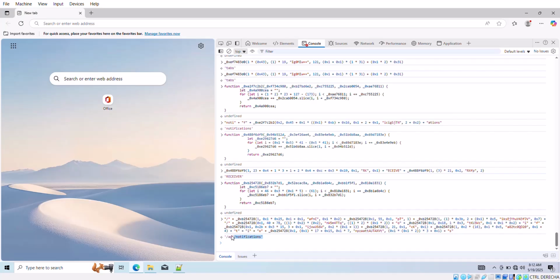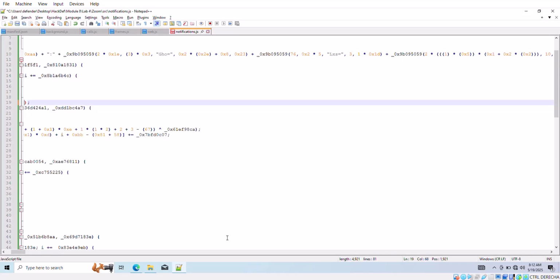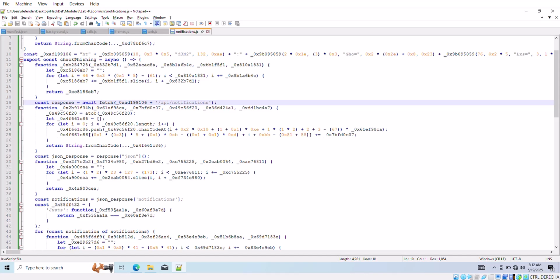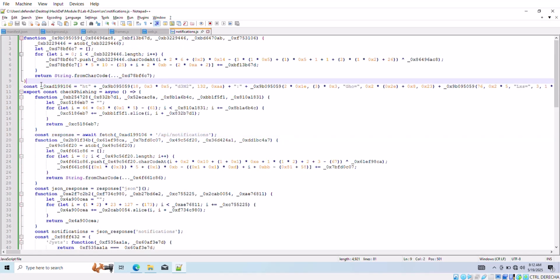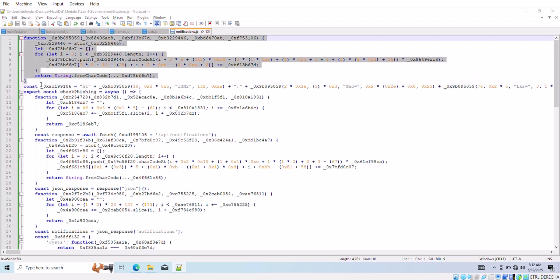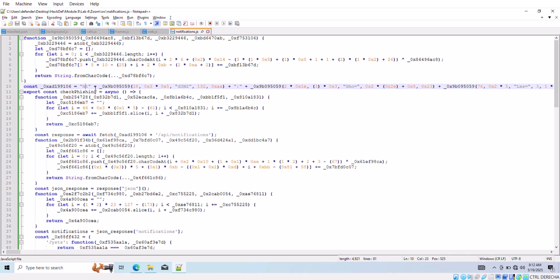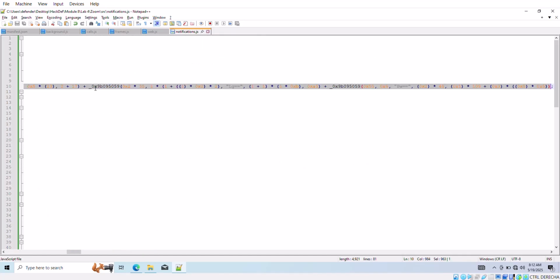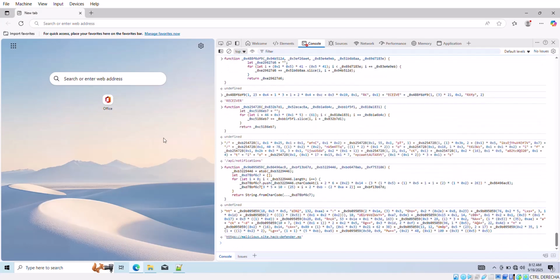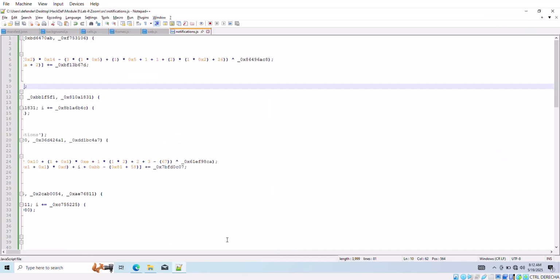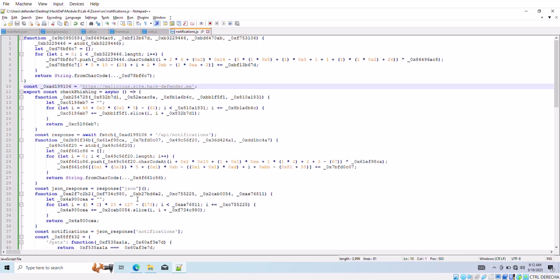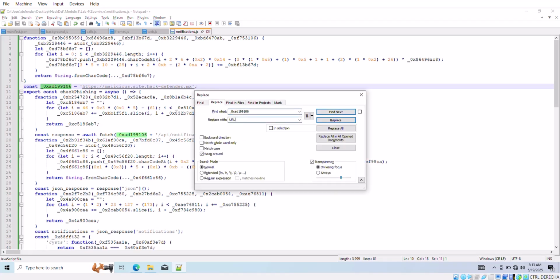Okay, so this is API notifications, and again this seems like to be the base URL. Let's get all of it, and yep, the same URL. Great, so we can finally rename this variable to URL,